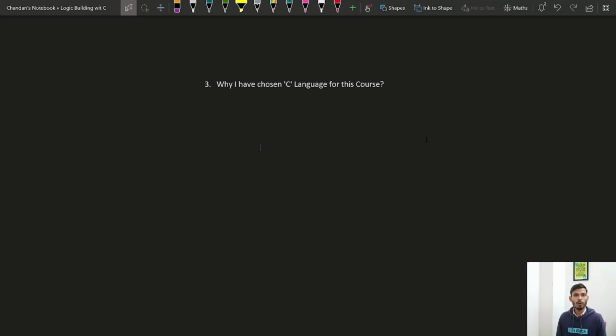And one more thing, all these languages that I mentioned some time ago like C++, Java, JavaScript, Python, all support the concept of OOPS, object-oriented programming. So if you are going to use any of these languages, then you have to learn about class and object. What is class, what is object, what is method overloading, what is overriding, what is inheritance. There are lots of things that you have to learn before using these languages. So that's why I have chosen C language, because C language doesn't support object-oriented programming, and C language also provides you much more control over your program as compared to other languages. So that's why I chose C language.